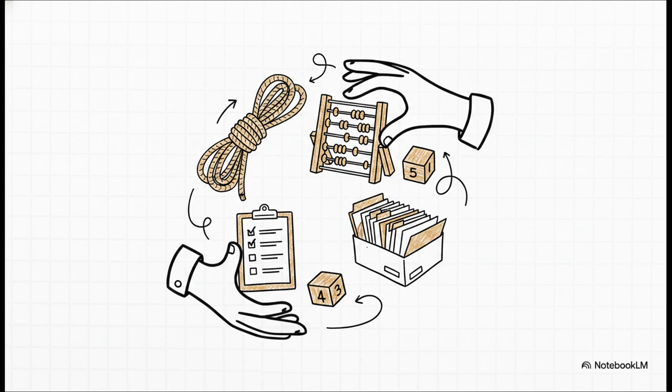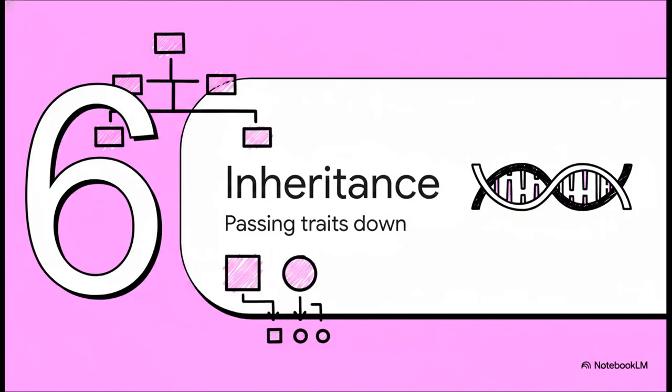Consider the built-in elements you use every day. Basic text strings, those are actually objects. That's why they magically have built-in methods you can call, like .upper. Integers are objects with specific built-in properties. Lists, dictionaries, they are all instantiated objects. You've been manipulating objects since literally the very first day you wrote a line of Python code. Crazy, right?